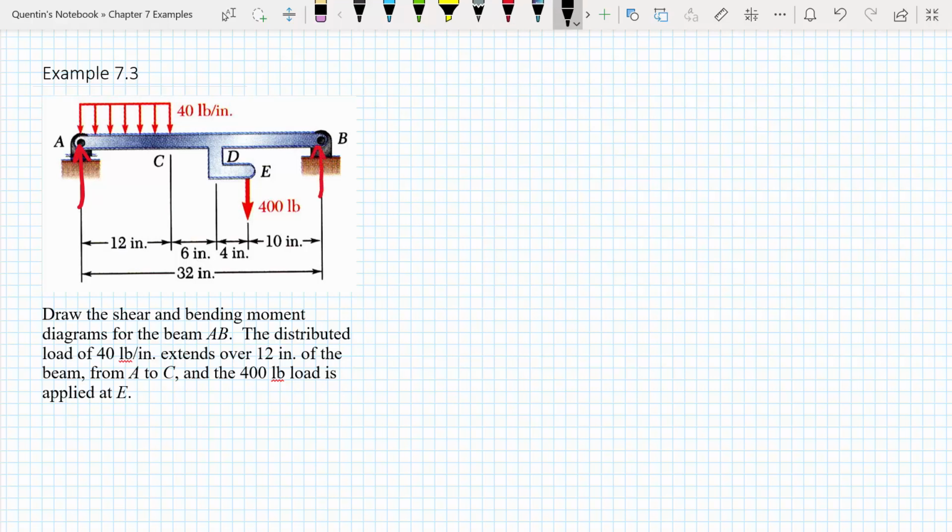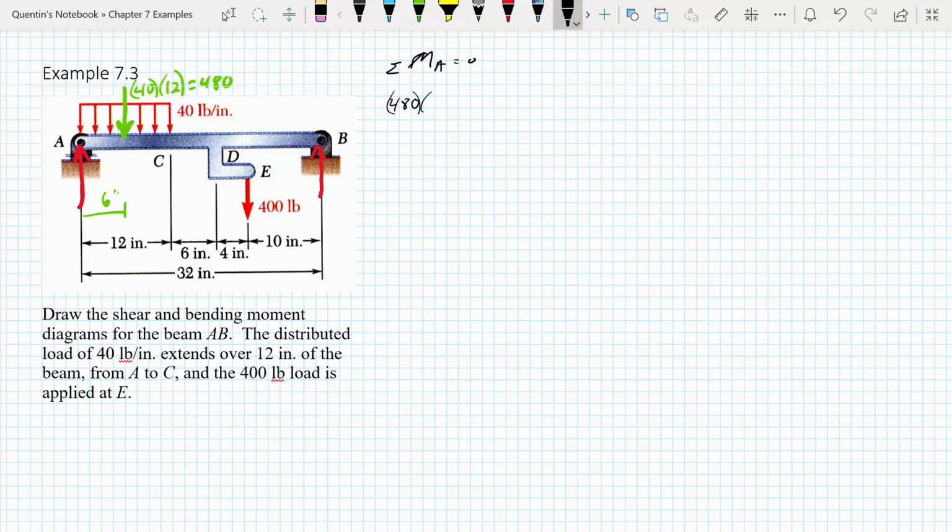Well, I'm going to take the sum of my moments at A equal to 0. So this 40 pounds per inch times 12 inches, I'm going to replace with a single force here of 40 times 12, which is 480. And this is going to be at 6 inches to there. So we have